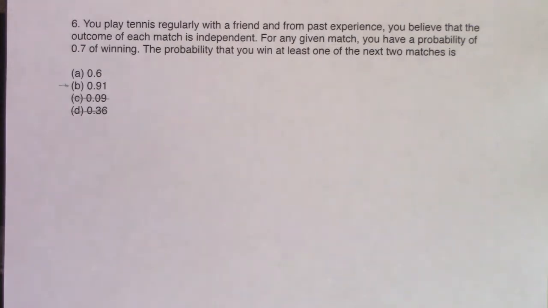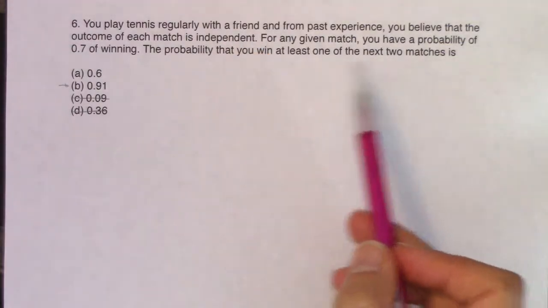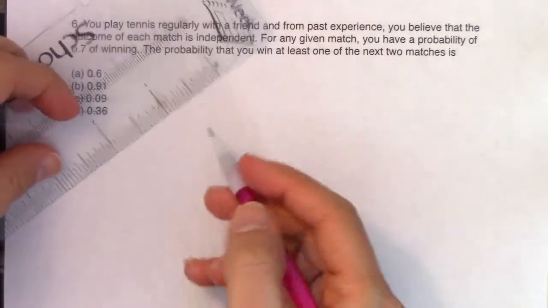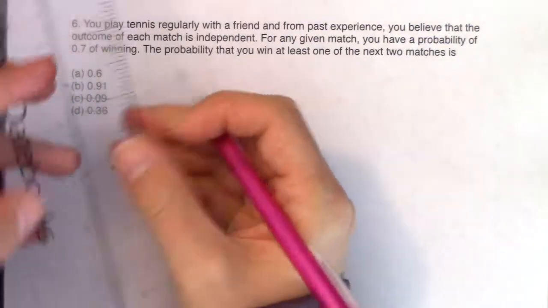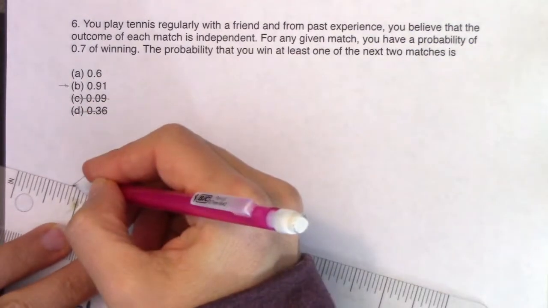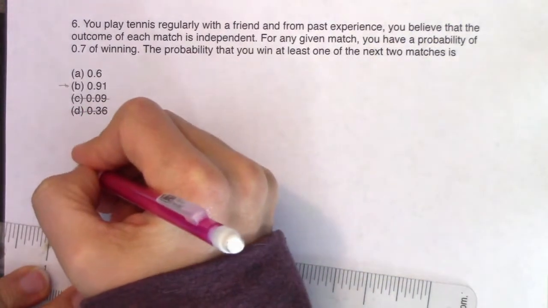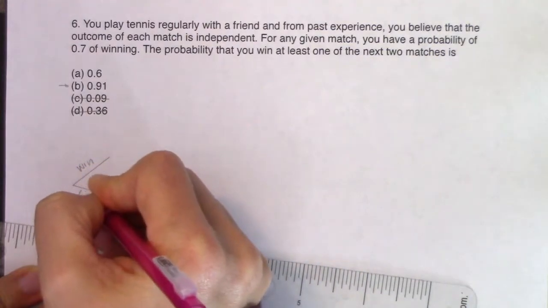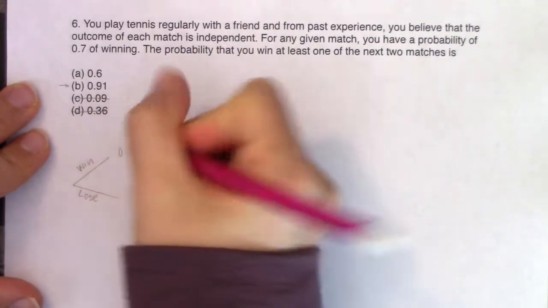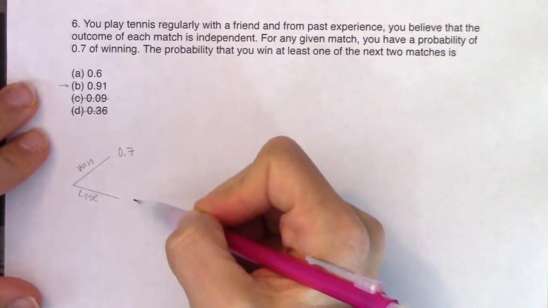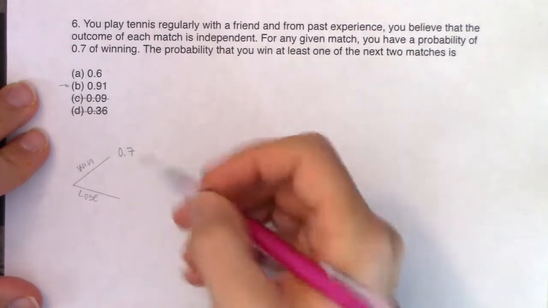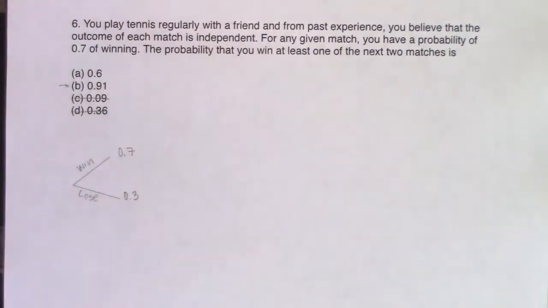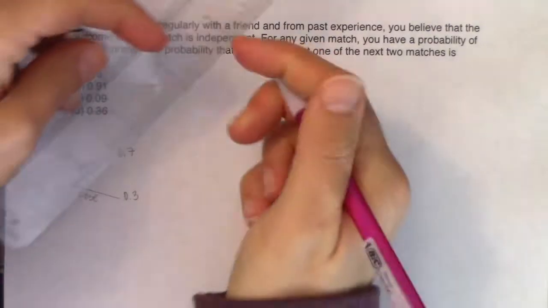was it really 91%? All right, so if I'm gonna play a game and we're keeping track of winning or losing, I've got 2 options to put on my tree diagram. So let's go win, lose. So I could win or lose, and it says I win 70% of the time. These have to be complementary events. All right, this is binary. I either win or I lose, so this has got to be 30%. Okay, great. So I need to play 2 matches though. So let me put another set of branches, right? Another win-lose.